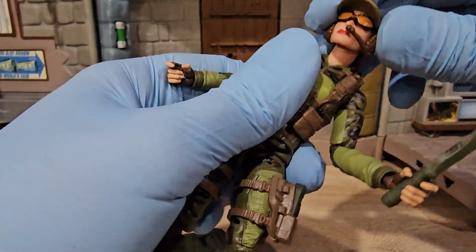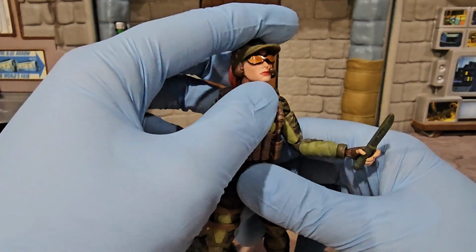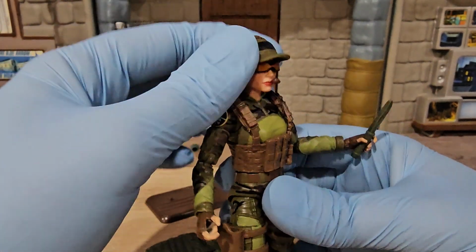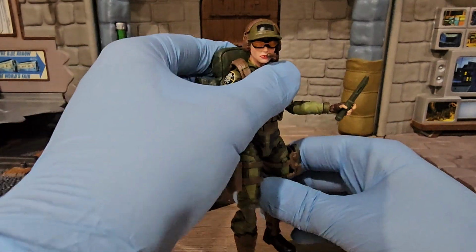Take the backpack off so we get more clearance, get it on properly. And there we go. Now she's like a helicopter pilot or something, because she's got the headset and the ball cap with the flag on it and the ponytail. And I assume this is the head that made a lot of people look at this mold and accuse